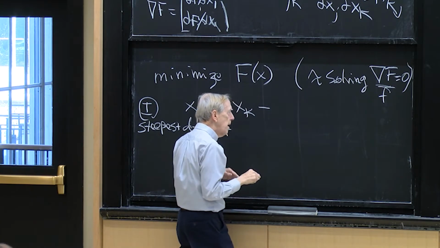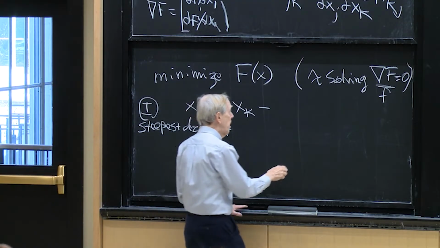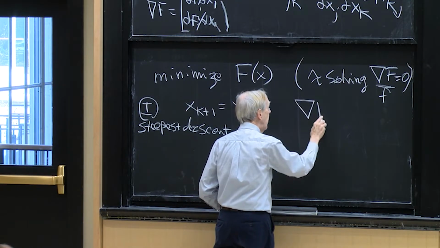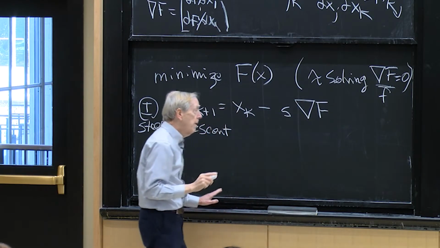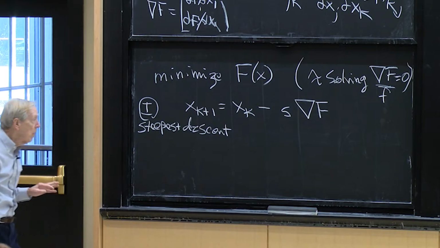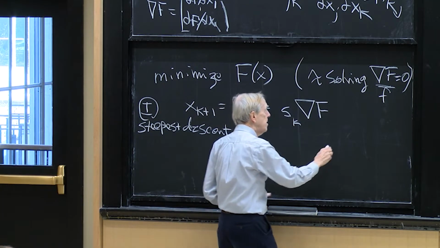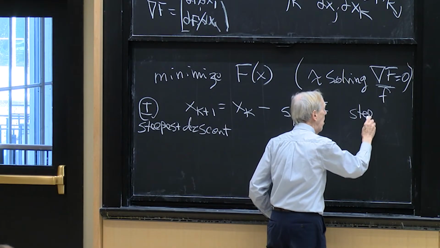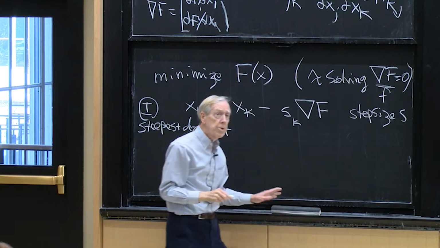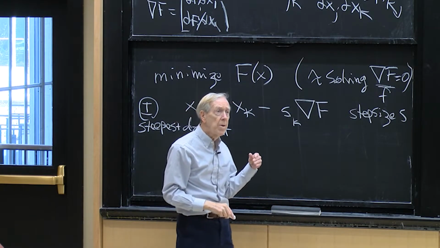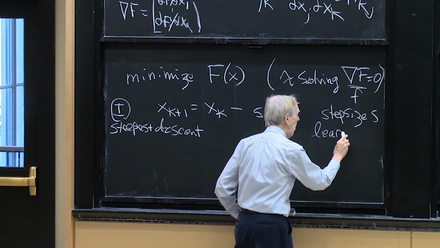Steepest descent means that I move in the steepest direction, which is the direction of the gradient of f. I move some distance, and I better have freedom to decide what that distance should be. So this is a step size s, or in the language of deep learning, it's often called the learning rate. So if you see learning rate,